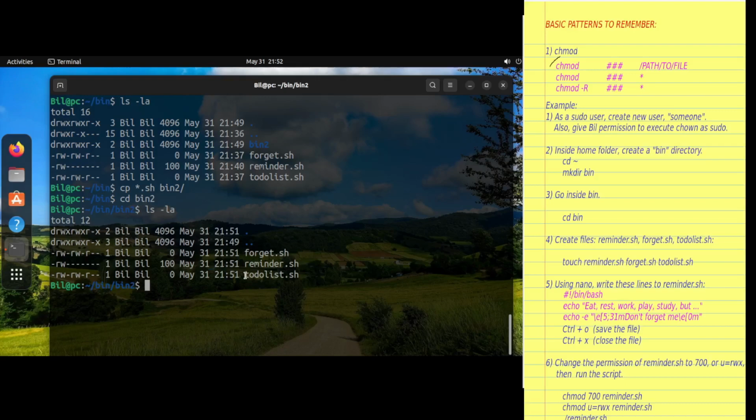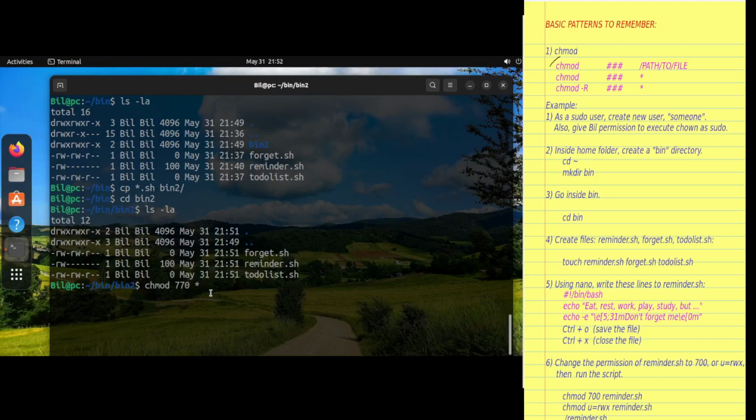For example, if we have a lot of files here and we wanted to make all their permissions common, let's say we will change all of this to 700, we can use this second pattern this way, chmod, and then for a change, let's make it 770, and then